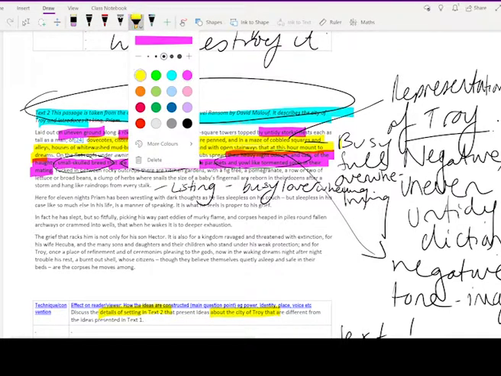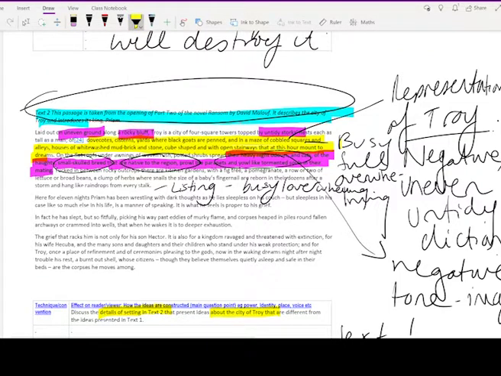Okay, so we've got the main character being introduced, and we need to go to the question. The question says, discuss the details of setting in text 2 that present ideas about the city that are different from the ideas presented in text 1. So we find out that Priam, who is its king, is grieving and reflecting upon his city